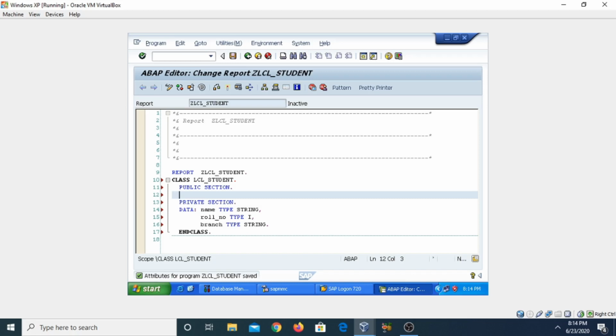Now one more thing that I want to tell you, when you define the class using the ABAP editor, or a local class, then we must use the definition part. So we are using here the definition, and then we will implement the particular class. So in this public section we will declare the methods, and for declaring the methods we use the statement METHODS, then the method name. Suppose in my case I am defining here get_data,